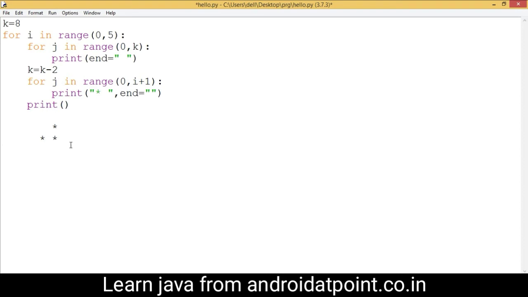Now cursor comes to this point and control again comes here and now the lower limit is incremented by 1. So this time the value 2 is assigned into the i variable. So the value of i is 2 and control comes here and the value of k is 4. So this loop will be executed 4 times and provide 4 spaces. So 1 2 3 4 spaces provided here.